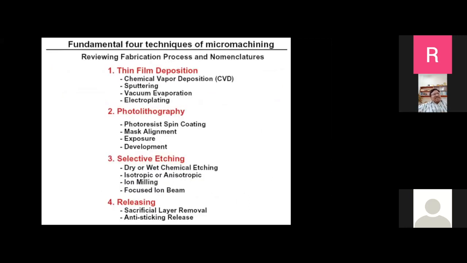These are the various fundamental processes that you will encounter in the MEMS fabrication process. You have thin film deposition processes, and you have photolithographic processes, not only photolithography. Nowadays you have electron beam lithography, molecular beam lithography, direct writing techniques, all these things. Then you have to etch out. Etching is an important fabrication process. You have to etch to remove materials to make the structures. That's an important step, and there are a lot of types of etching now.